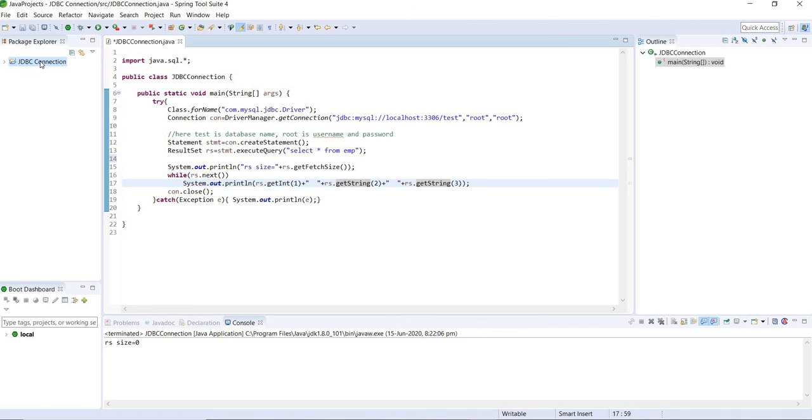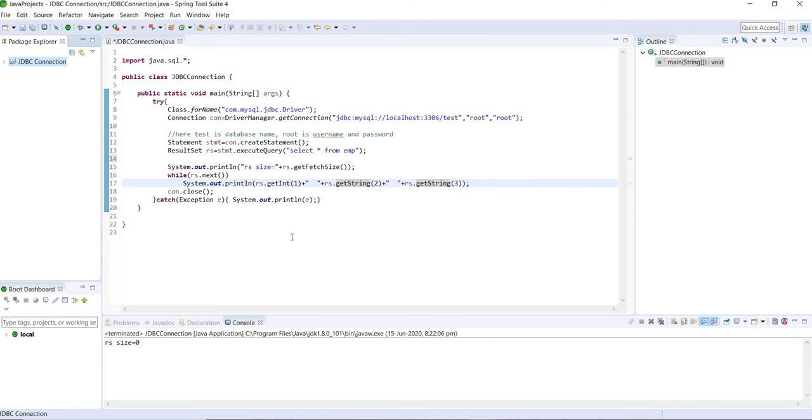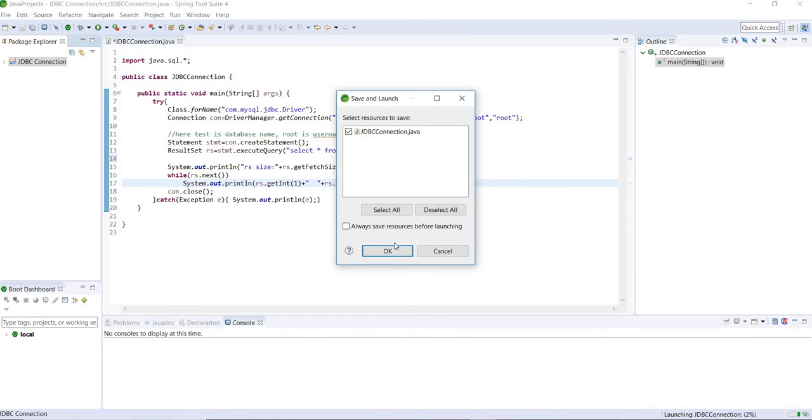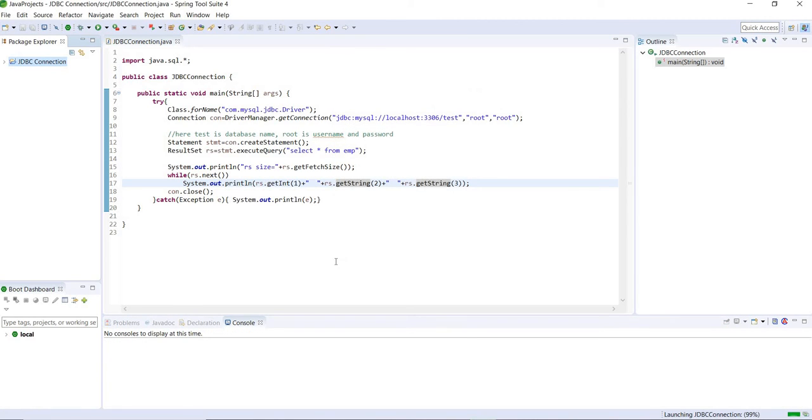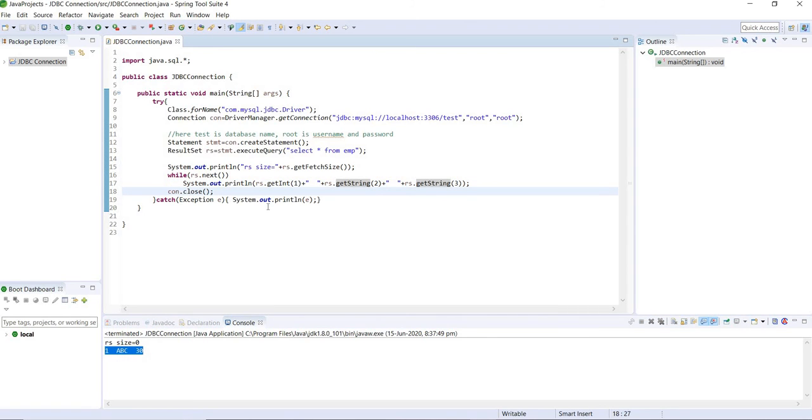First I'm going to build it, and then I'll run it. Here you can see that this row is coming: A, ABC and 30. So this is the way of connecting the database to the Java application.